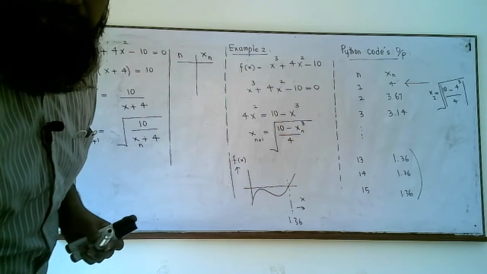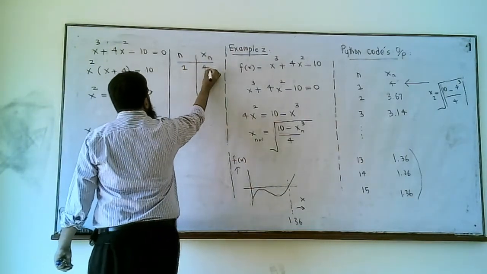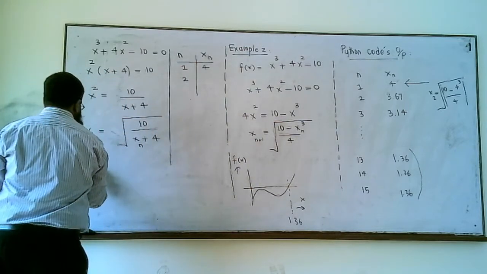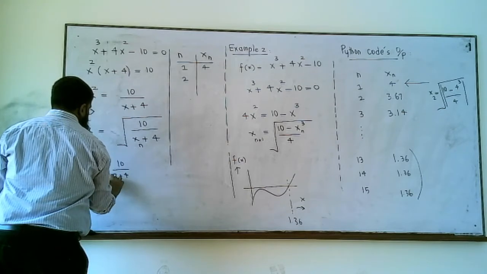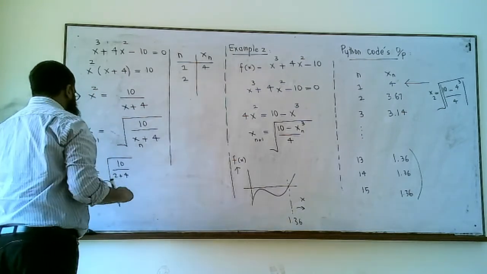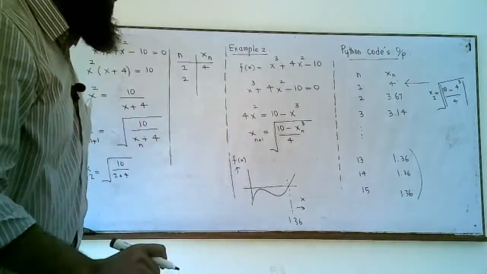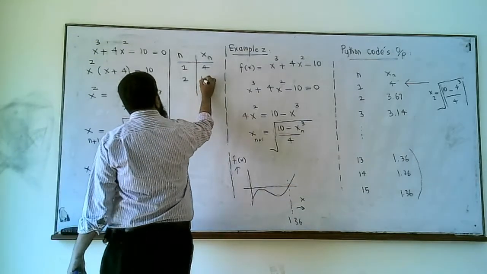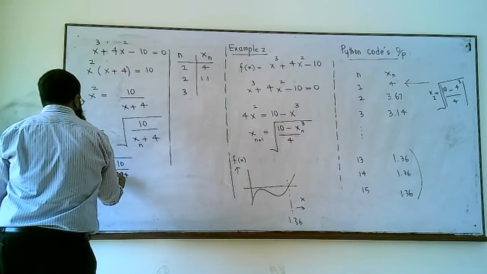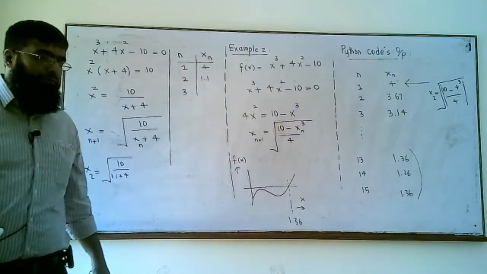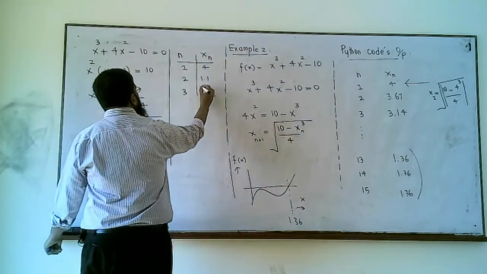So the starting point is the same. At iteration number 1, we started with 4. At iteration number 2, x2 is the square root of 10 over 4 plus 4, so this is 10 over 8... the value comes to 1.1. Then we start with 1.1, the square root of 10 over 1.1 plus 4, which gives us 1.39,